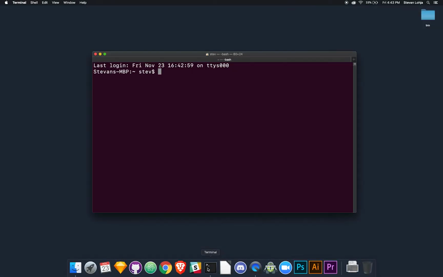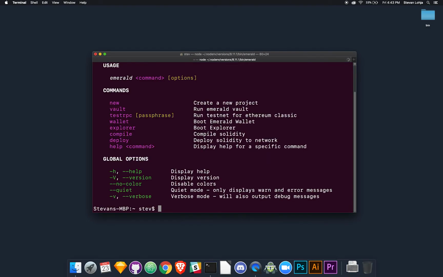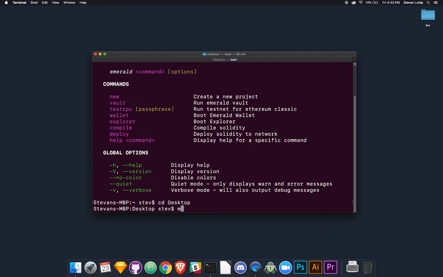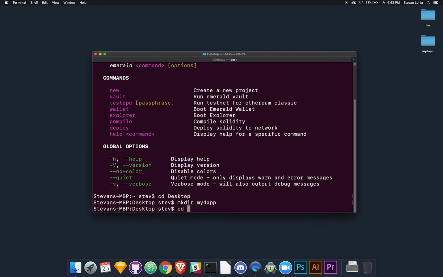I already have the Emerald SDK installed on my machine, and I'm going to open up my terminal and run the command emerald to see all the commands available to me. So I want to create a new project, so I'm going to go onto my desktop. I'm going to create a directory and just call it my DApp. And then I'm going to go into my DApp and run the command emerald new to create